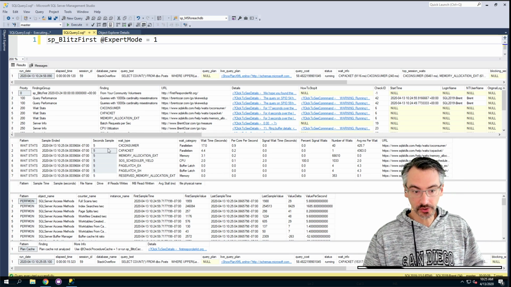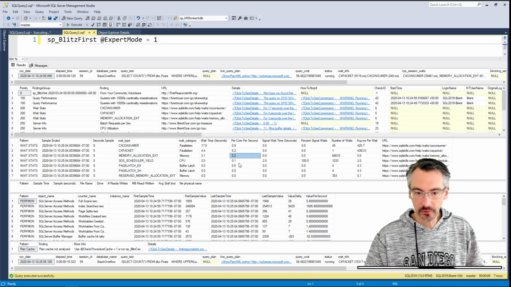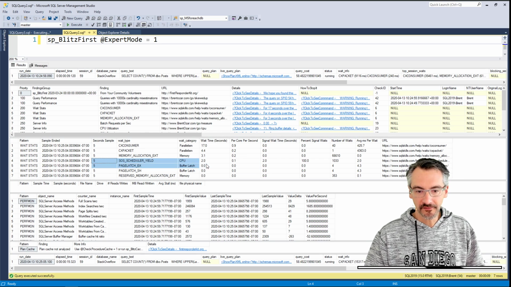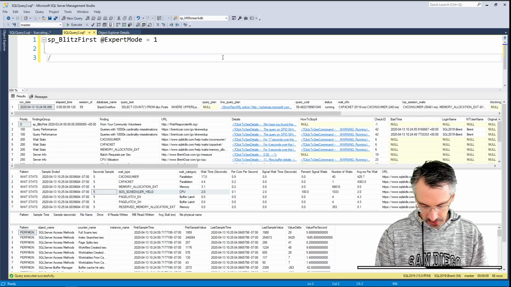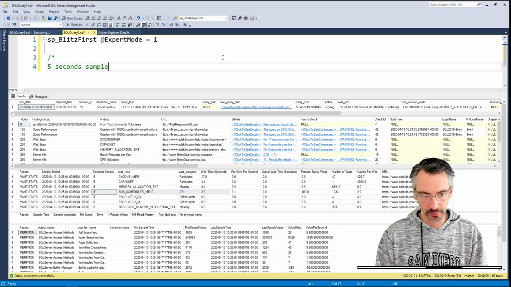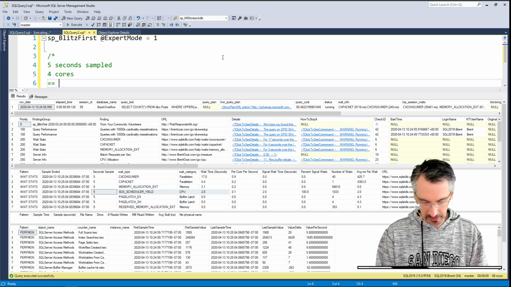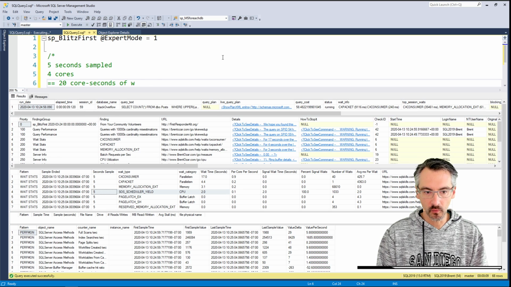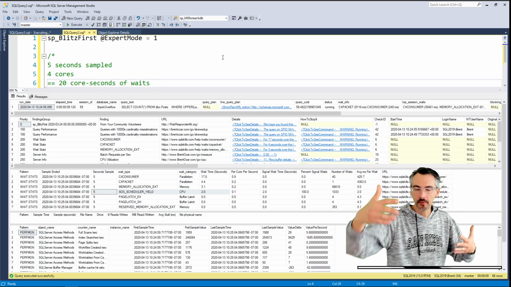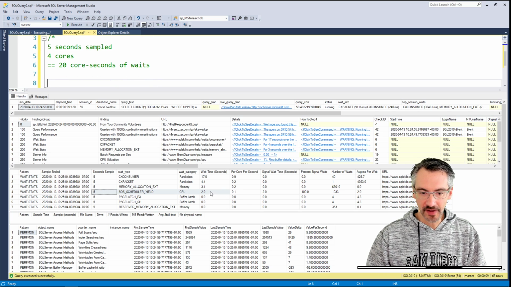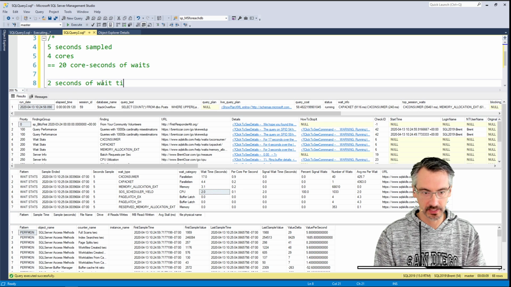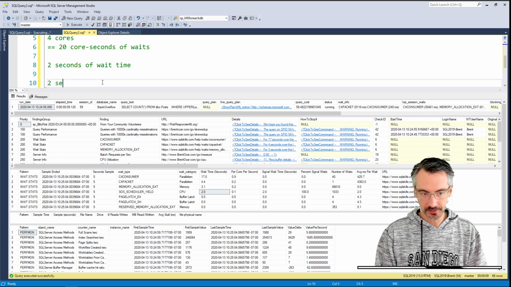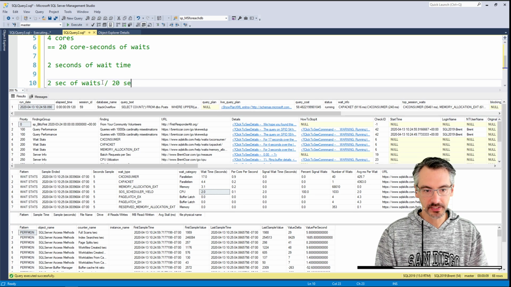At first glance, this looks okay. I've got wait types in here. I was really worried that this was a rounding issue. But I'm going to type it out just so that y'all can see how my thought process works. So I have here 5 seconds sampled, 4 cores. That means 20 core seconds of waits are not only possible, but much higher than that are possible. And what we're trying to measure is, if I had 2 seconds of wait time inside that time span, 2 seconds of waits divided by 20 seconds of